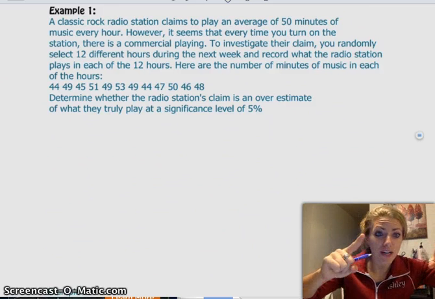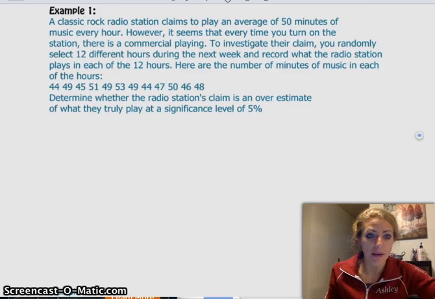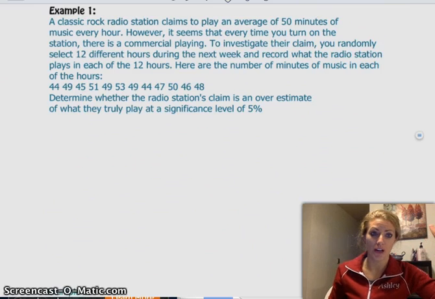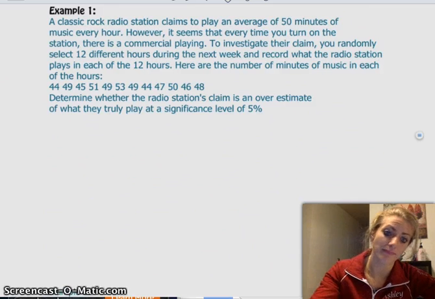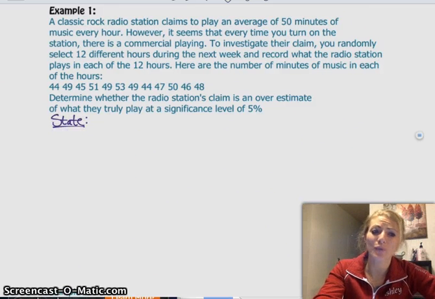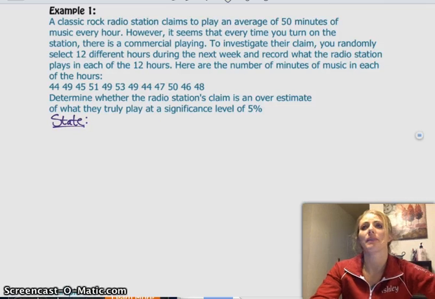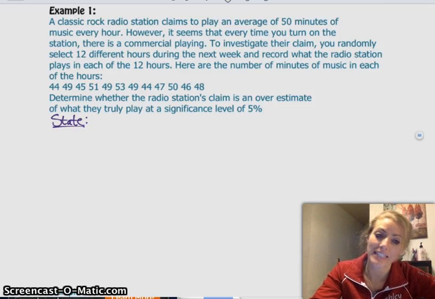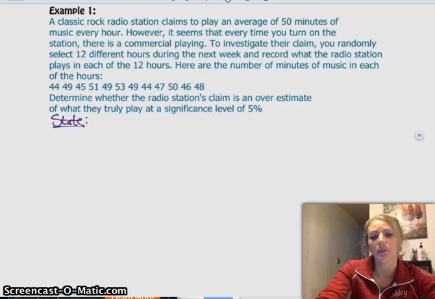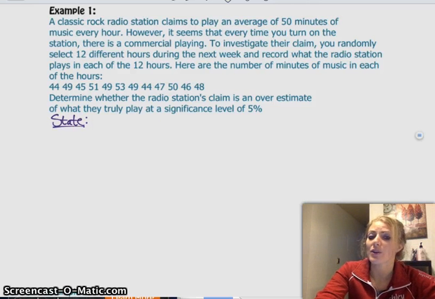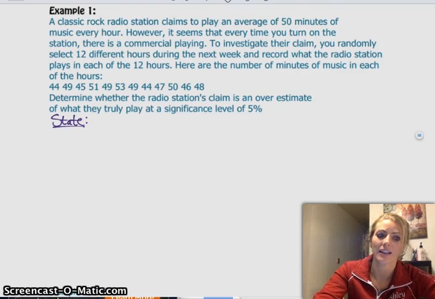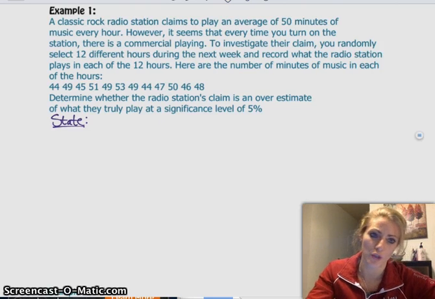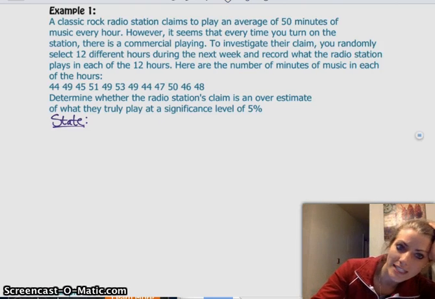Okay, so step one, state. What are your hypotheses? What are your parameters? And what test are you actually going to be doing? So we actually don't really care much if the amount of playtime is more than 50 minutes, because then we'd be happy. So we want to only check one side. If the playtime that they claim, 50 minutes, is more than what it truly is. So we have a one-sided